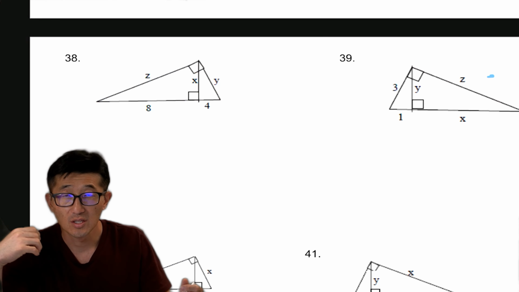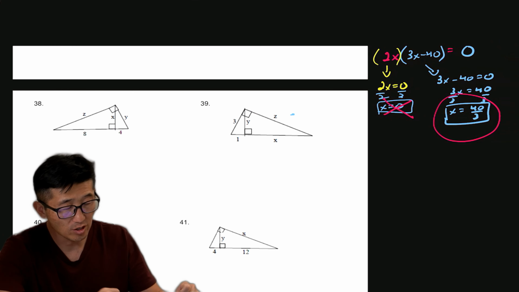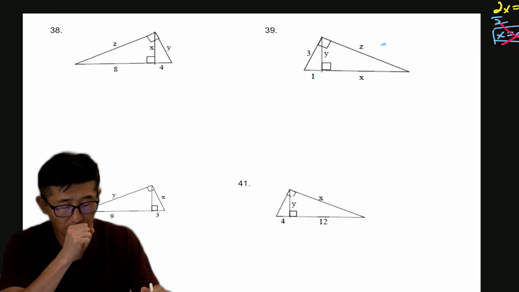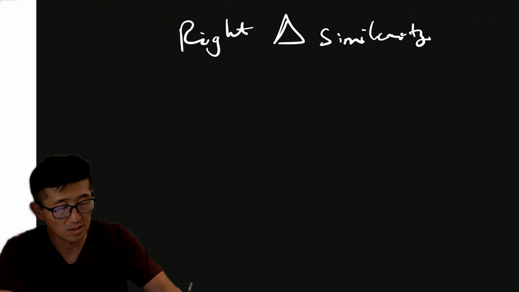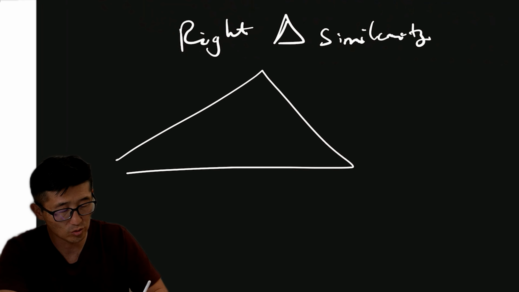All right, this is a tutorial on right triangle similarity. Let me write this down. So right triangle similarity. What this basically means is that when you have a right triangle with the right angle